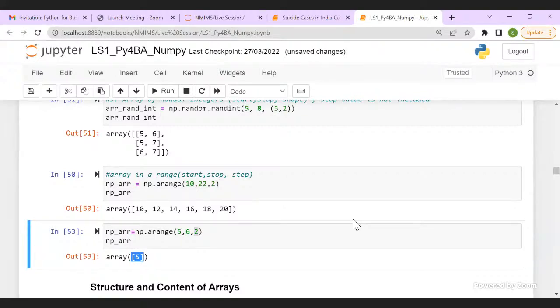Ashish is asking, stop will limit to stop minus 1. Ashish, I did not get your question. Yes, stop will be one value lower. That is what I mean by the max value is not included.